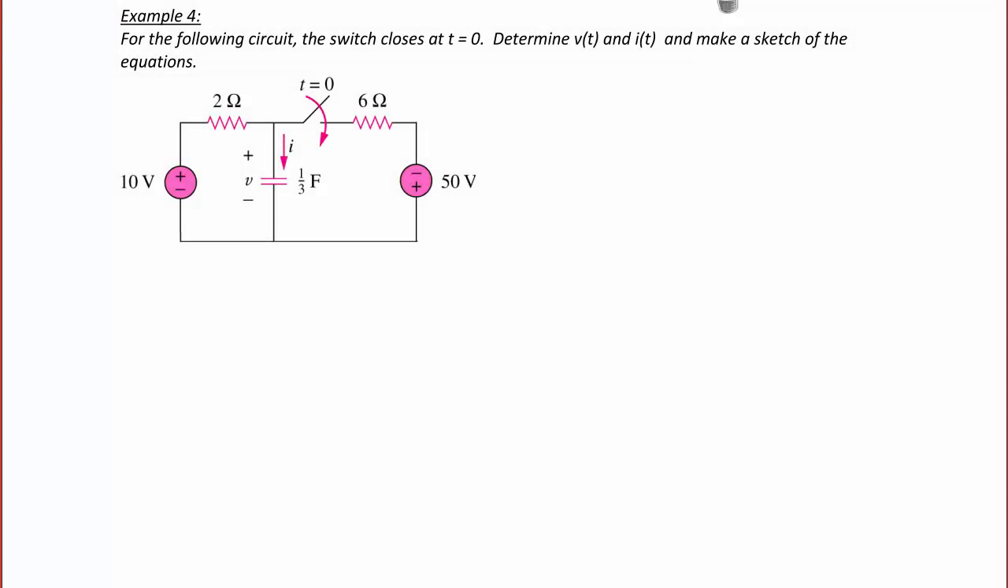All right, let's look at our final example for today's lecture. Example 4. For the following circuit, the switch closes at t equals 0. Determine V of t and I of t and make a sketch of the equations. So once again, we're going to analyze this circuit at 3 different times. T equals 0 minus, t equals 0 plus,